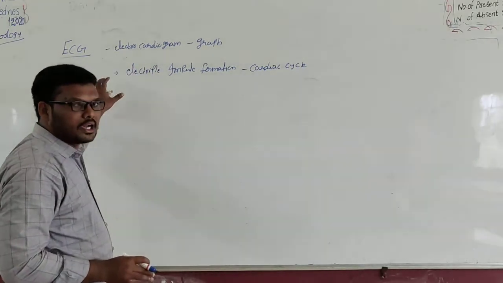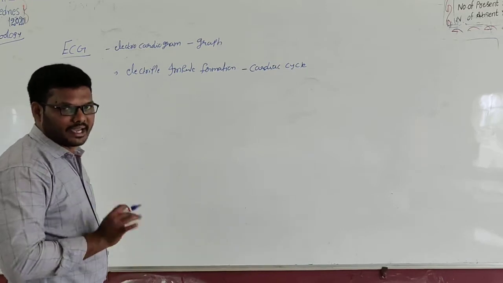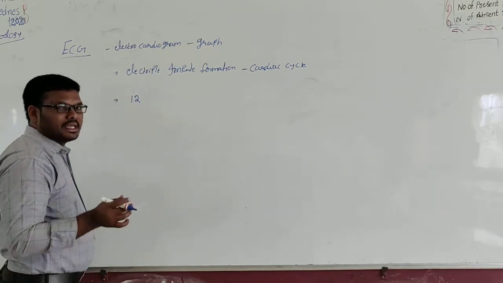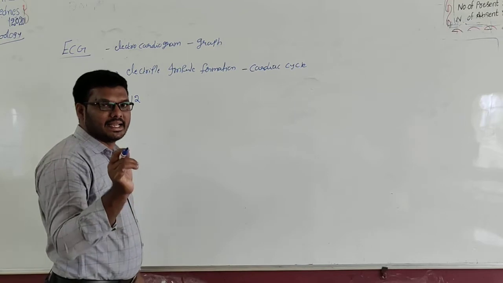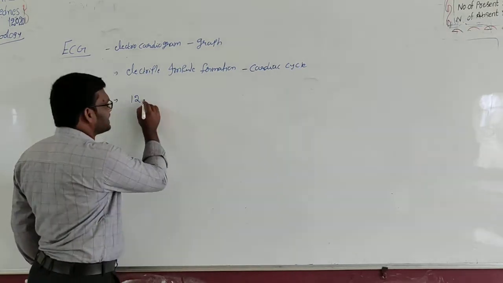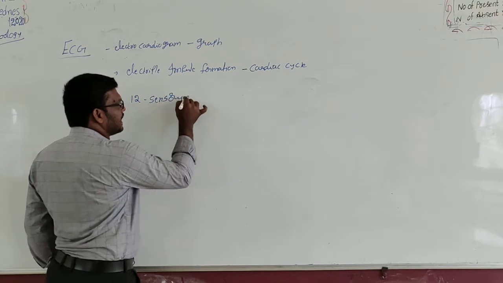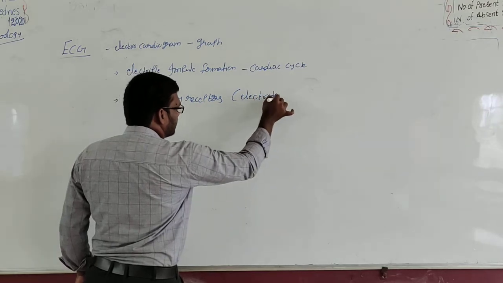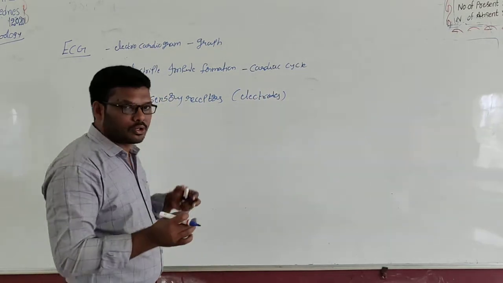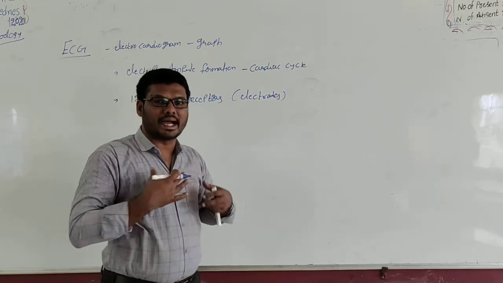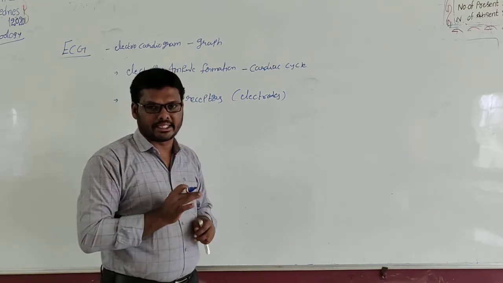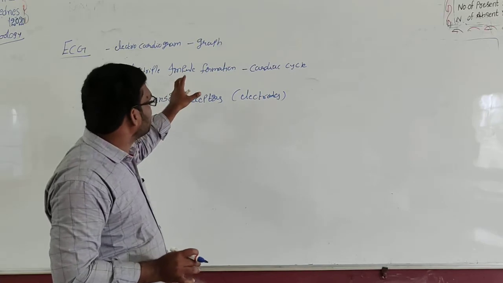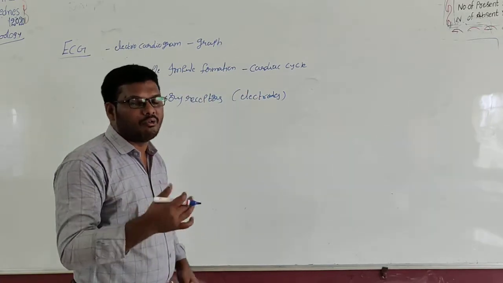In this electrocardiogram instrument or device, it consists of two sensory nodes or sensory receptors. These sensory receptors indicate electrodes. These electrodes are connected in the arms region and we can attach them in the chest region. Then we can read this electrical impulse formation in the cardiac cycle. How can we read this?